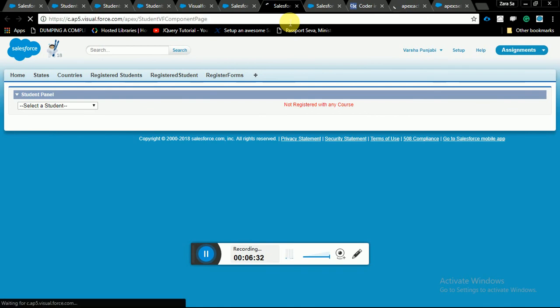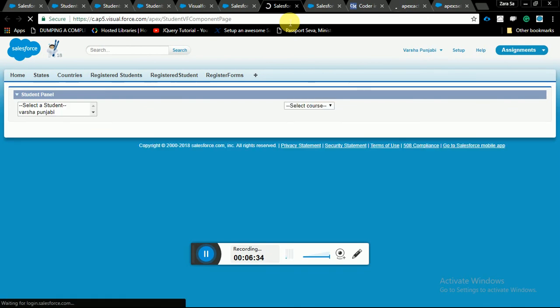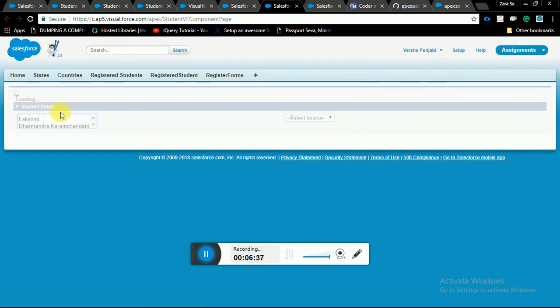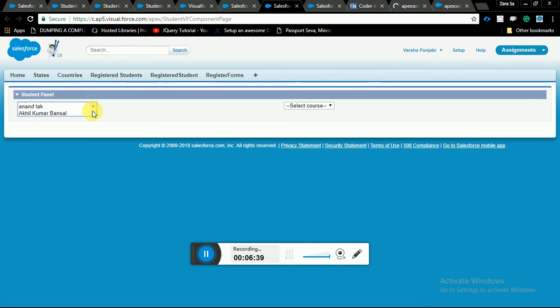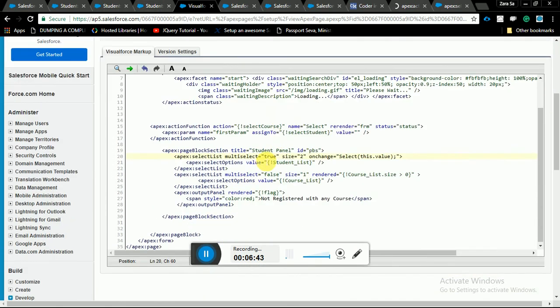It will show two things. So there is an option for 2, 3, 4, 5. Now there is 2, size is 2, multi-select is equal to true. So this is how it works. So in that we can say that